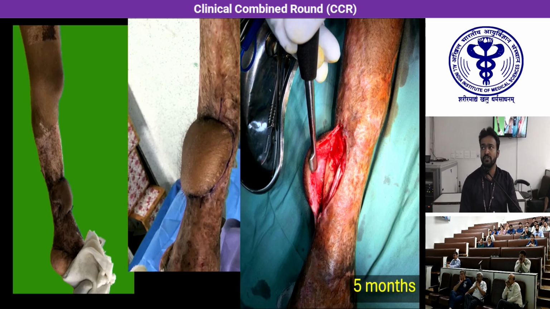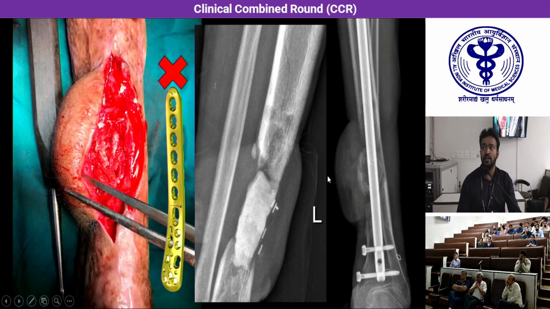Now, after maturation of the graft, at 5 months post-injury, we are planning for the induced membrane technique stage 2. In this procedure, you can see this is the induced membrane and this is the spacer from the stage 1 procedures. Now, after the removal of the spacer, we have filled the void with bone graft from the same patient,